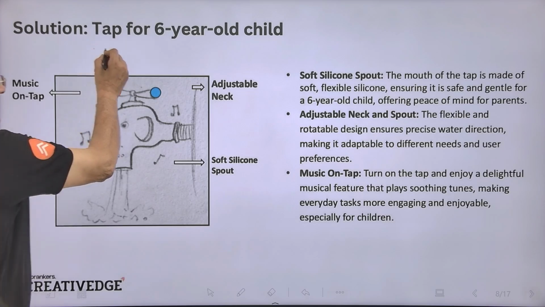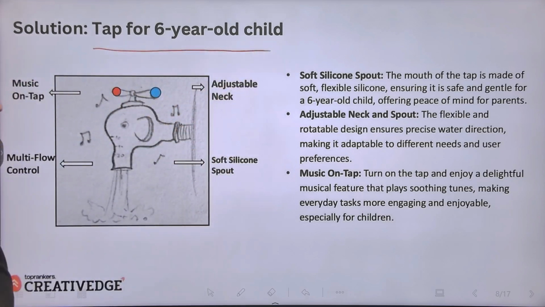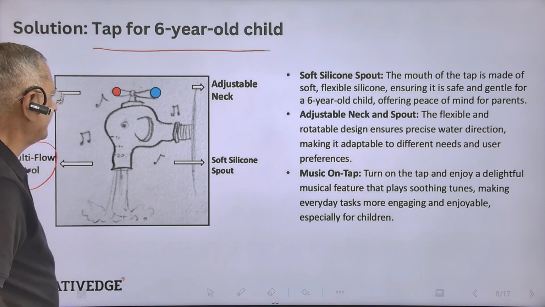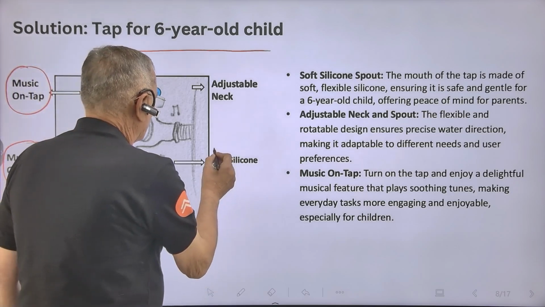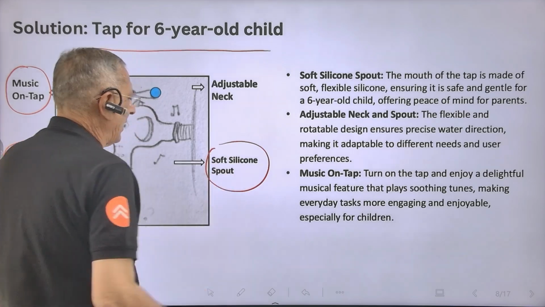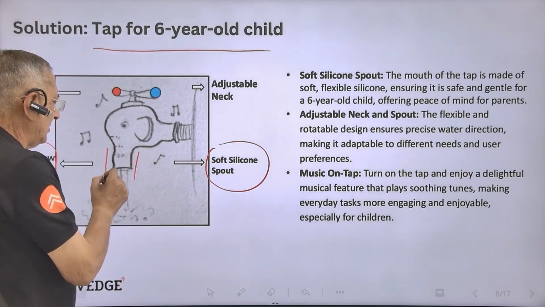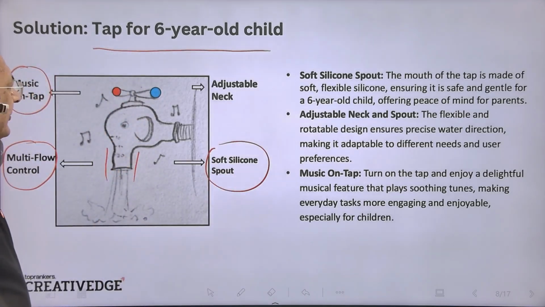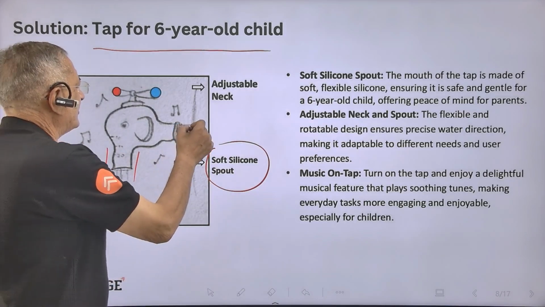Here is the solution for a 6-year-old child. Salient features: music on tap, multi-flow control, soft silicone spout, that is the last opening, and adjustable neck.